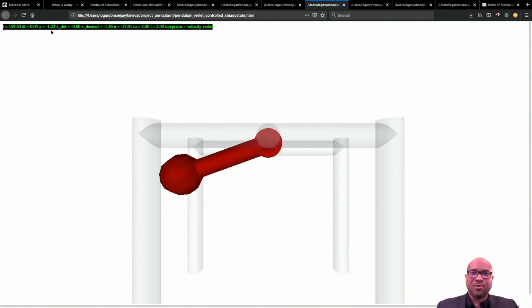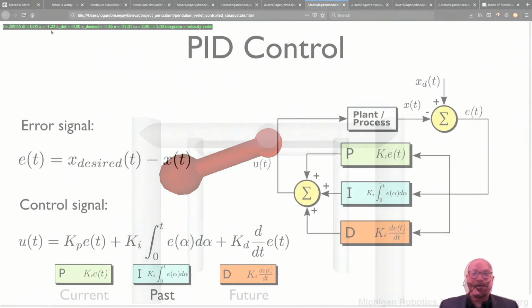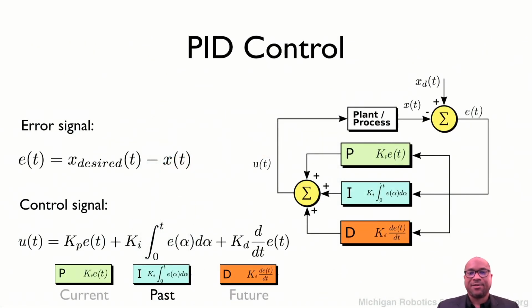So the pull of gravity onto the pendulum bob, along with the control force, has reached equilibrium, but it's reached equilibrium short of where it should be. And so no new control force is going to be added by my P and D terms. And so I'm really just sort of stuck here. So in order to counteract the effects of steady state error, that is specifically why we include the integral term,